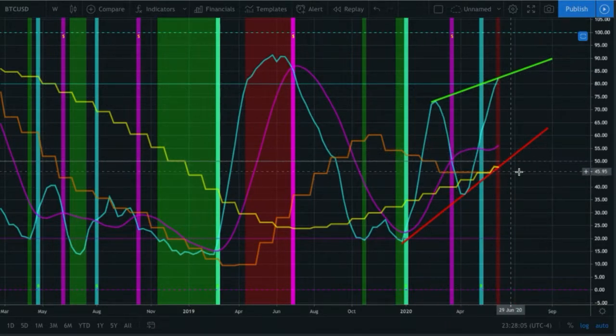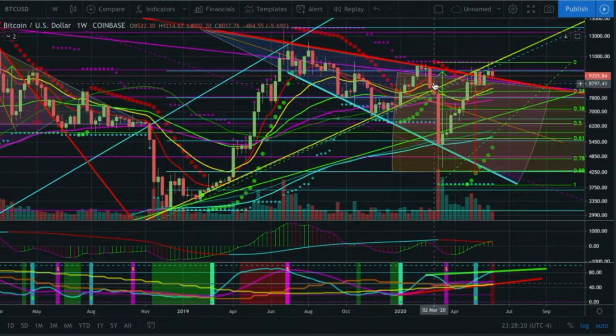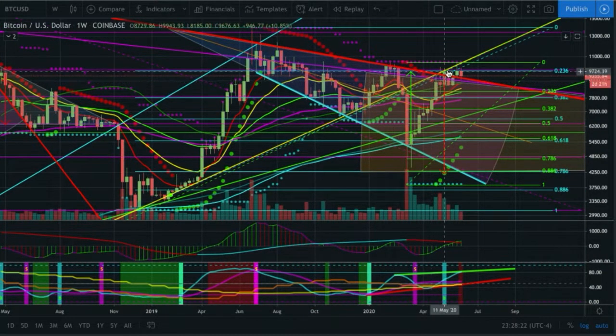The monthly is trying to find support, and typically the weekly is going to tell us what the monthly is going to do. So if the weekly is already maxing out and starts to sell off, it's going to stop the monthly from being able to rally and find support. So that's going to sell off. So it's important for us to pay attention to the daily now and see what the daily tells us.